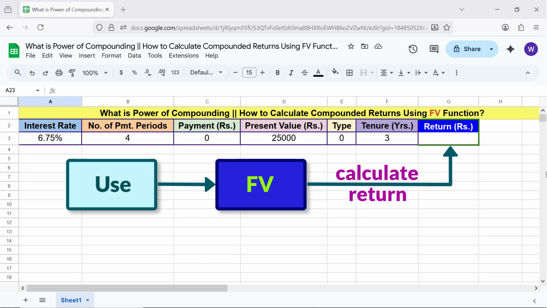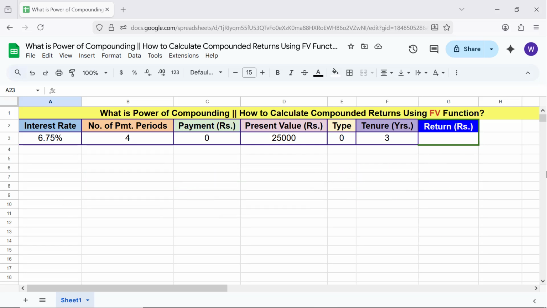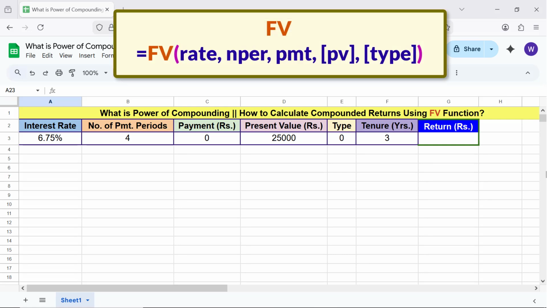Let's use the FV function to calculate the return from the fixed deposit. The syntax of the FV function formula is: rate is the interest rate, NPER is the number of payment periods,